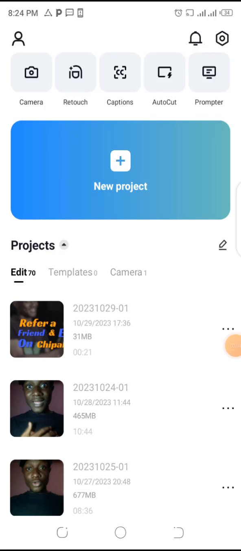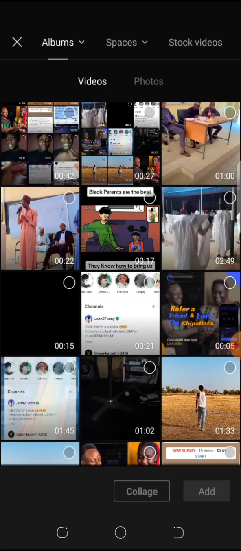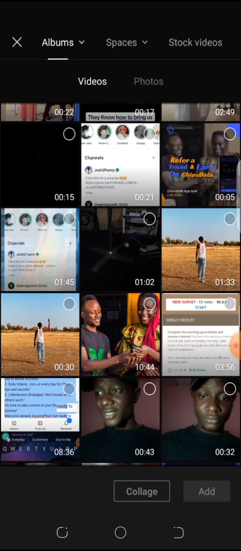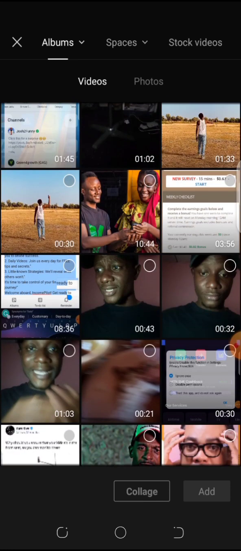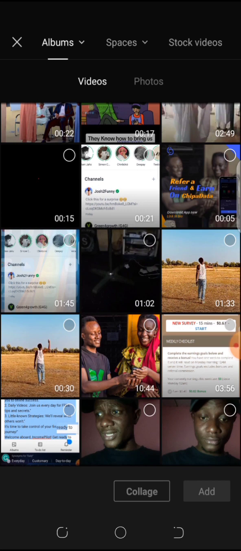Okay, so this is the first interface you see when you've registered on CapCut. You've downloaded the app. So what you're going to simply do if you want to create a video, want to edit a video, is just to tap on this new project where you're going to select all you're going to need. So you can select videos or even pictures to edit and then merge them together to create content. So let's tap